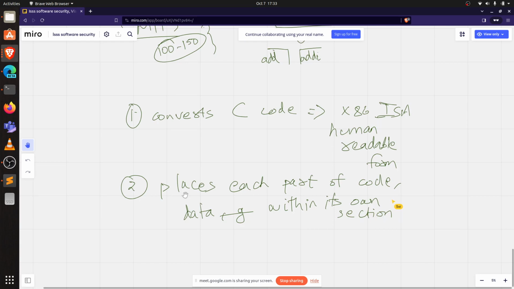So basically it categorizes: these are all the instructions that have to be executed, these are all the data items, the global variables, these are all constants which should be read only. So it categorizes your source code into different sections. So that's what the compilation phase does,